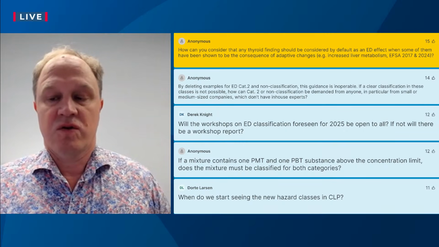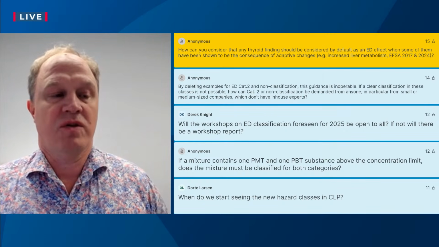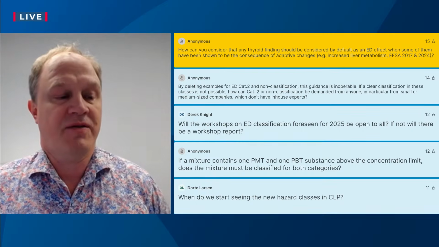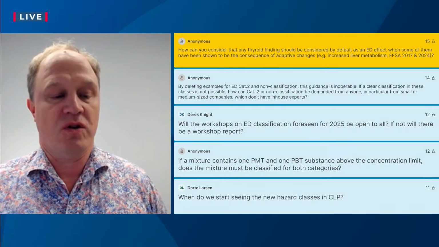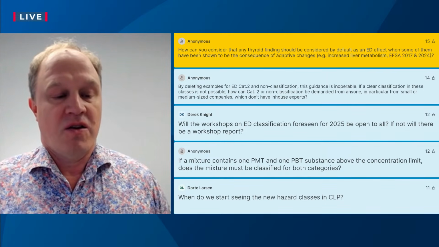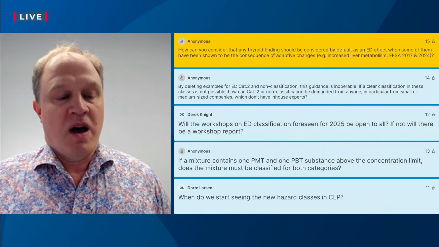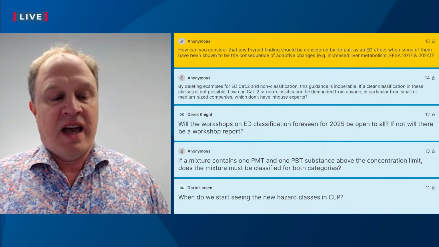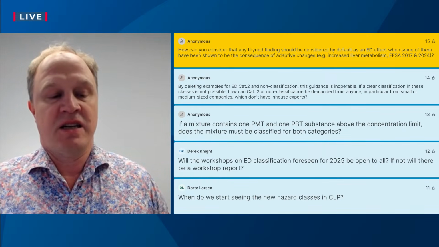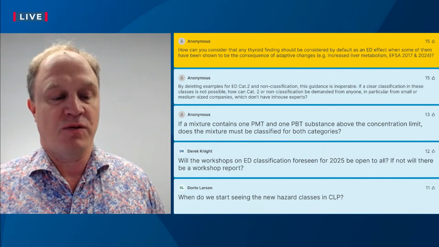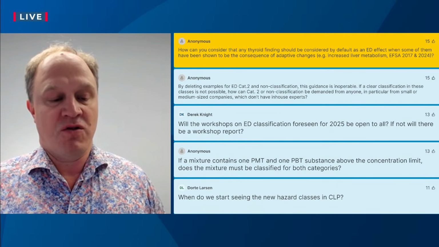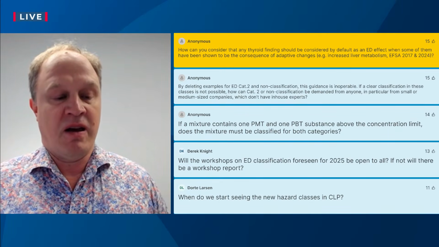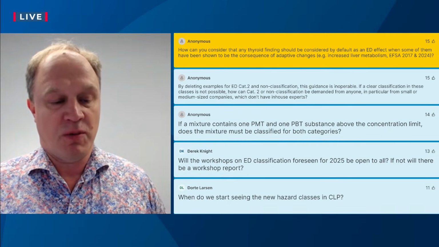First of all, I think we need to start with saying that we have two different guidance documents. We have one, the EFSA guidance from 2018, and then we have the CLP guidance. And the scope of these two documents are different. The scope of the ECHA-EFSA guidance was how to generate the information needed to conclude on the pesticides or biocides ED criteria, keeping in mind the fact that there's an information requirement under these regulations to generate the ED information to the extent possible.